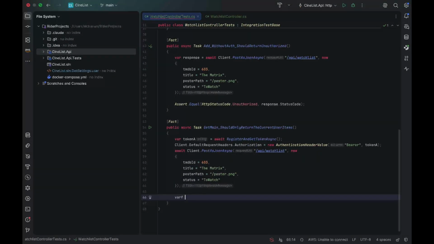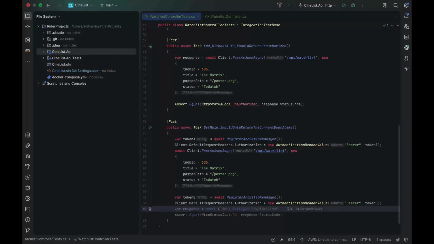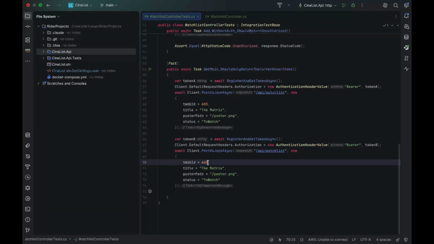Now we will have multiple users to ensure that each user gets its own data. So it will be token user, or just token A for short. And next we'll make the authorization, and we will make the post request. So await, we will go client dot post JSON async. We will post to slash API slash watchlist,